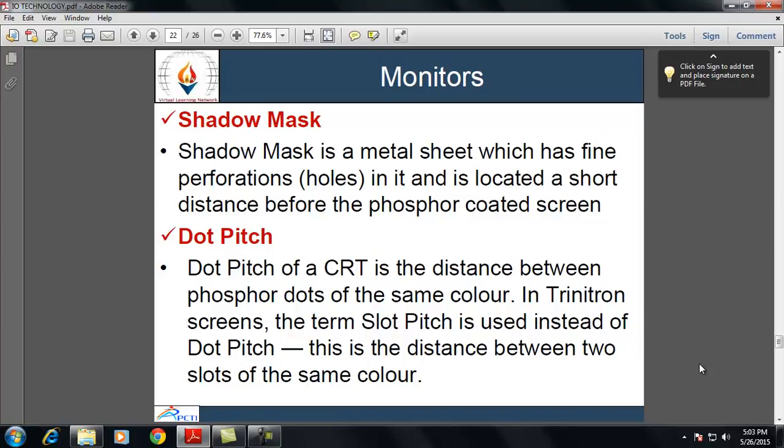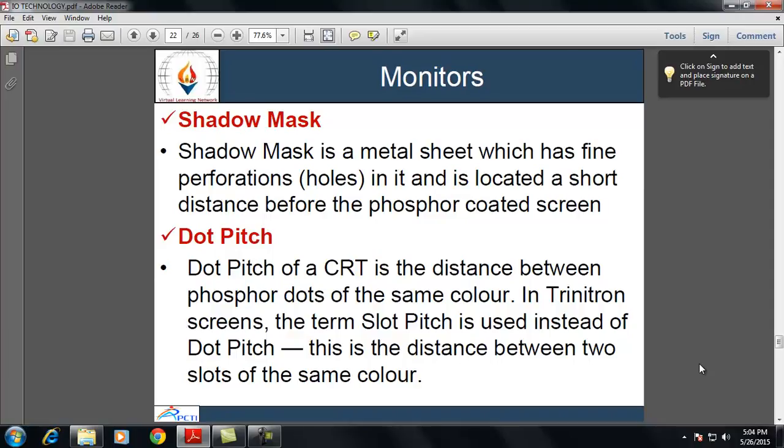The phosphor dots and the holes in the shadow mask are so arranged that the beams from a particular gun will strike the dots of that color only. The dots of the other two colors are in the shadow. And in an attempt to overcome some shortcomings of the shadow mask due to its round holes, various technologies introduced aperture grills, which are slots in an array of vertically arranged wires.